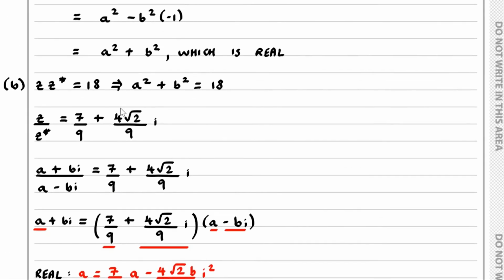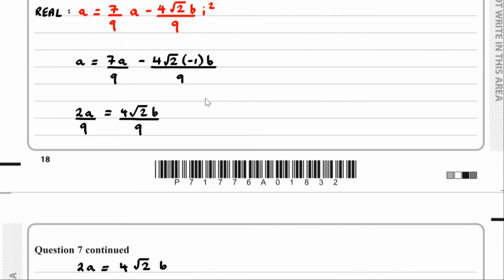And recognizing that a squared plus b squared is equal to 18,